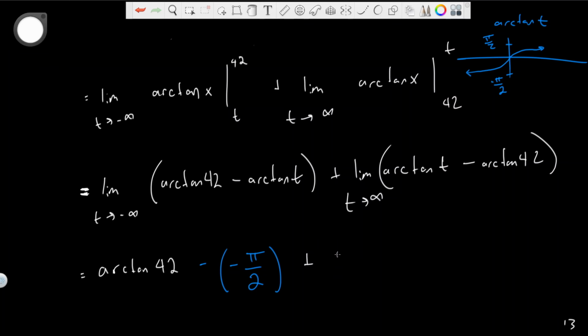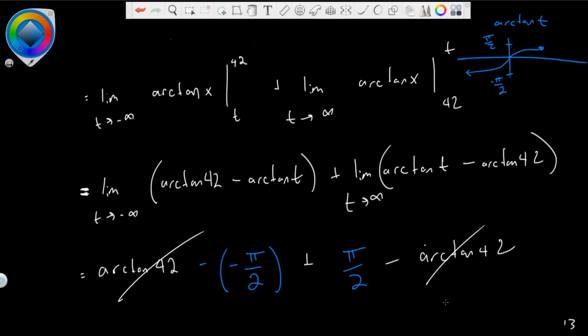All right, the limit as t goes to, let me just go ahead and get rid of that limit. As t goes to infinity of arctan, that is pi over 2. And the limit as t goes to infinity of arctan of 42 is just arctan of 42. All right, these things cancel. Negative pi over 2 times negative pi over 2 plus pi over 2, that is pi. Our final answer here is